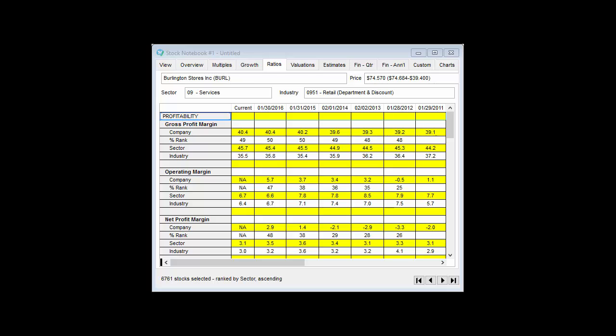Based on this data, at least currently, Burlington is retaining more of every dollar of revenue it generates as gross profit than the typical company in the retail, department, and discount industry. You will also find sector and industry median data on the multiples and growth tabs of the Stock Notebook in